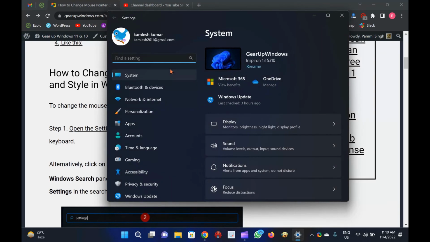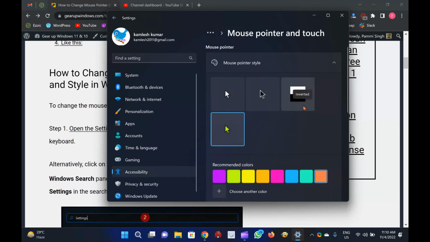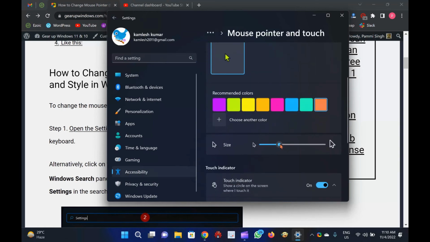Step 2. Click on the Accessibility category from the left side pane in the Settings app. Step 3. On the right side pane of Accessibility settings, click the mouse pointer and touch tab under the Vision section. Step 4. Here, drag the slider next to the size option to the right to increase the pointer or